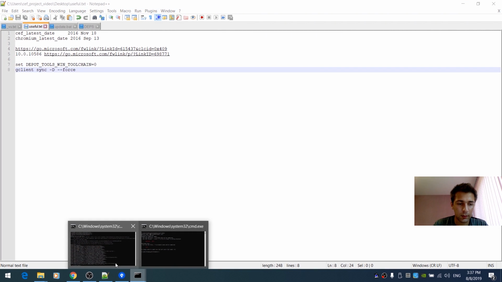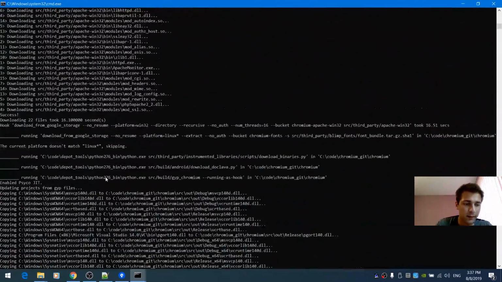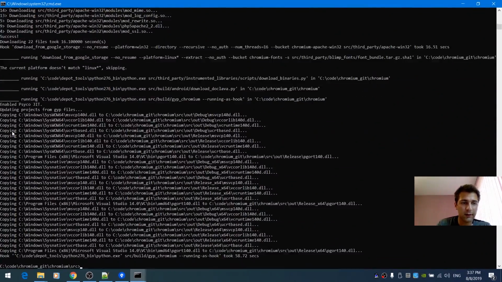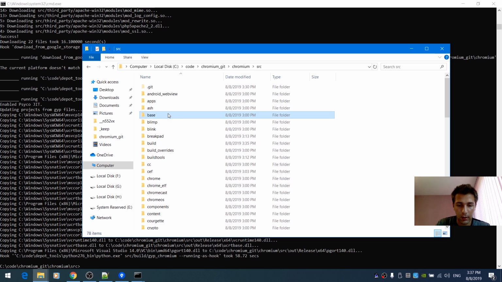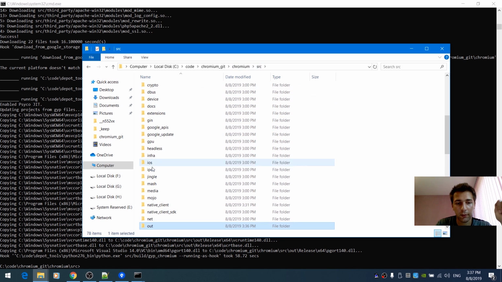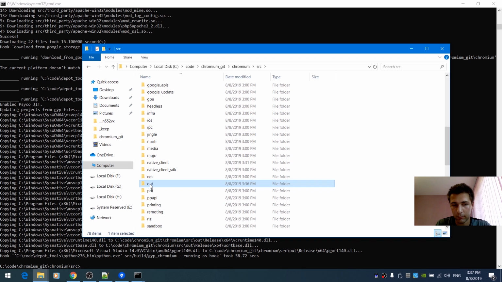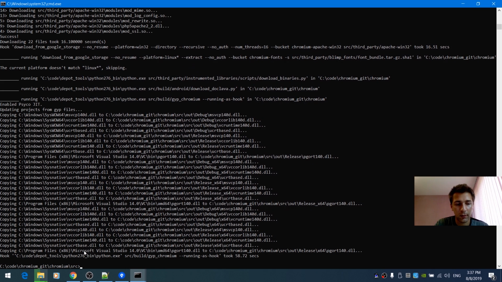Okay, so actually my command completed successfully this time. It even created an output for building the project. So if you go to out, here it is. But actually we don't need this because this is for building only Chromium. We need to build Chromium Embedded Framework. So I'll delete that out directory that was just created. So deleting this. Now, since